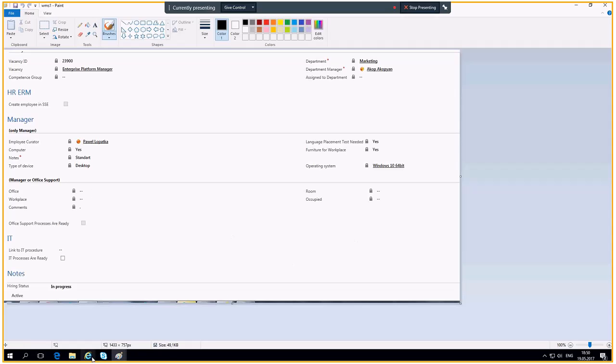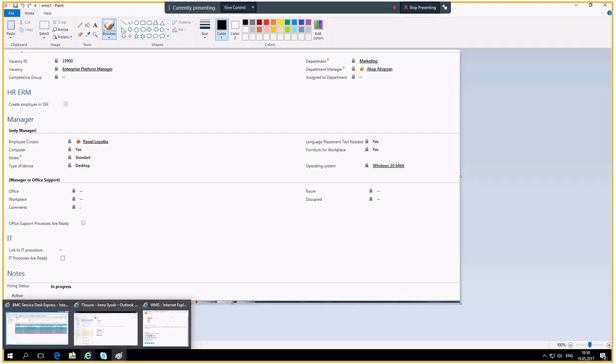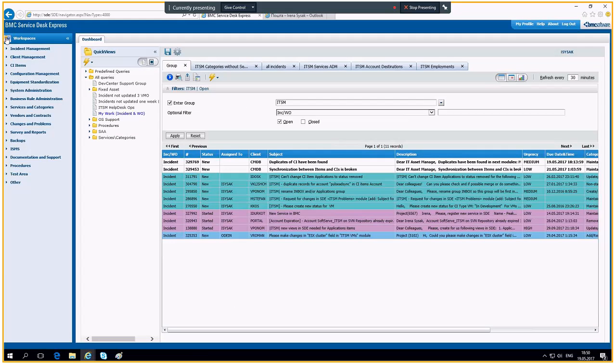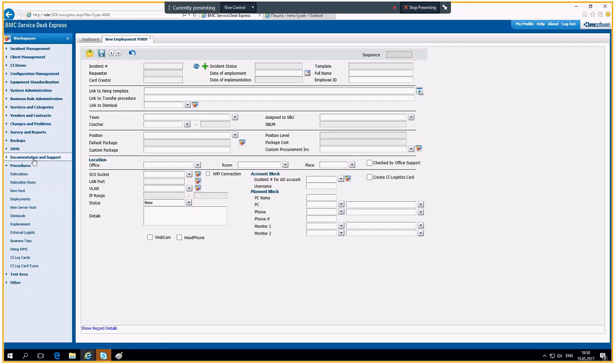When we have checked all this information, as IT staff, we can start the employment process in our system. So we go to BMC SDE, our ITSM system, open the employment form, and start to fill all required fields. So we have the date of employment. We can just copy and paste from here,